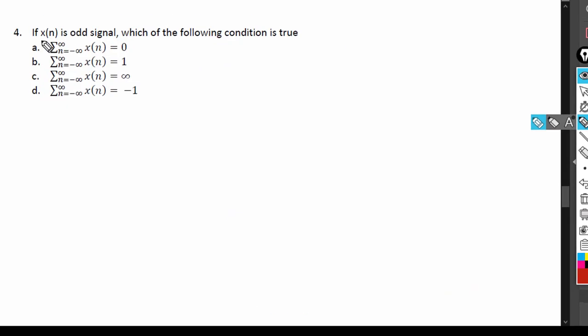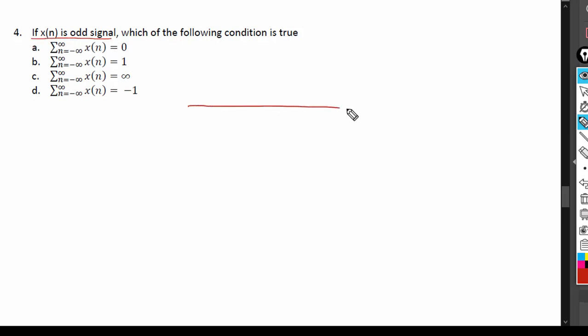Fourth question is, if x of n is an odd signal, which of the following conditions is true? Summation n x of n is equal to 0, summation n x of n is equal to 1, summation n x of n is equal to infinity, summation n x of n is equal to minus 1. So what is the question? If x of n is an odd signal,